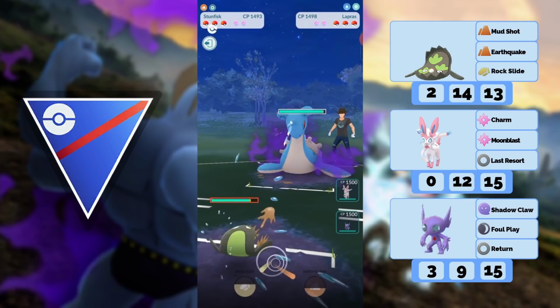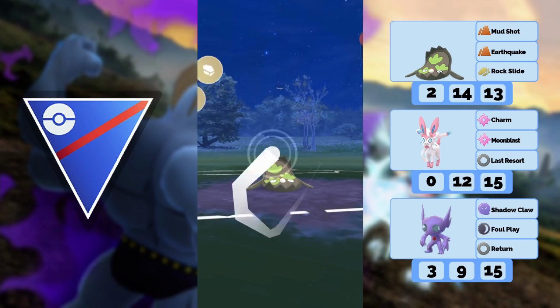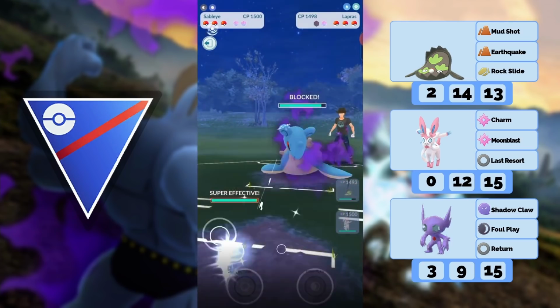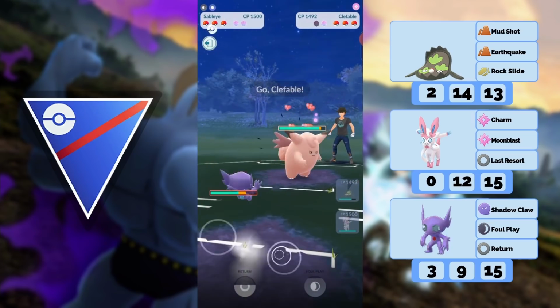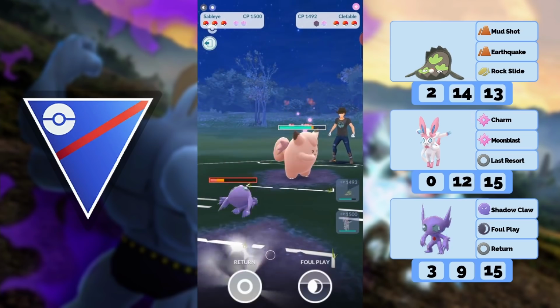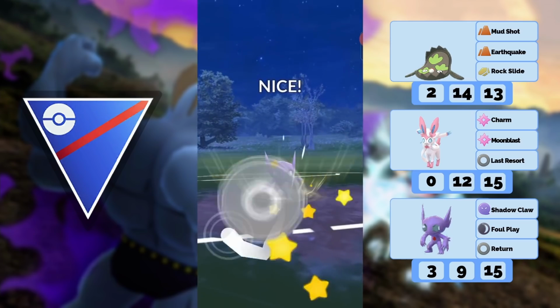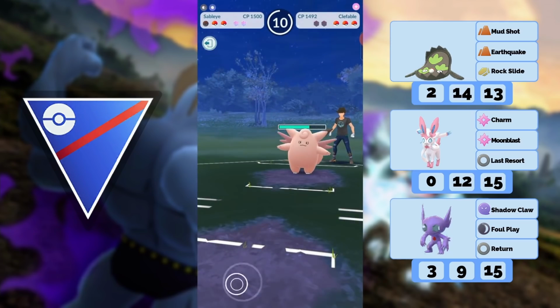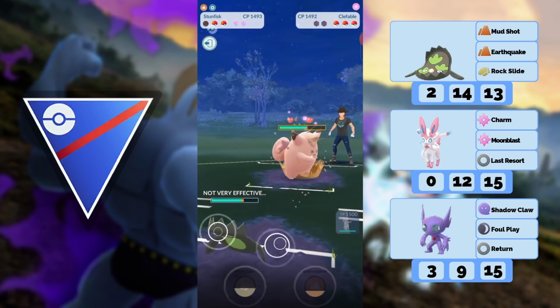Here we have a Lapras against us with a Water Gun. Like, what the hell? Shadow Lapras with the Water Gun. Might be a bit tricky. He goes into Clefable. Not good for us. We can go for the return though, if he has to shield us actually. And he does shield us. And now we can go into the...